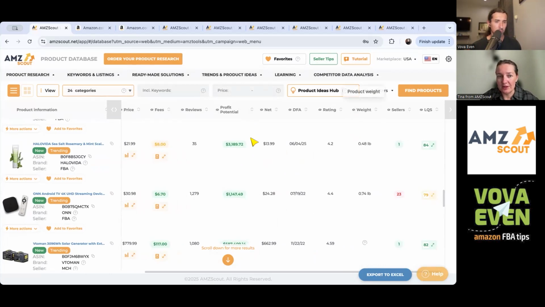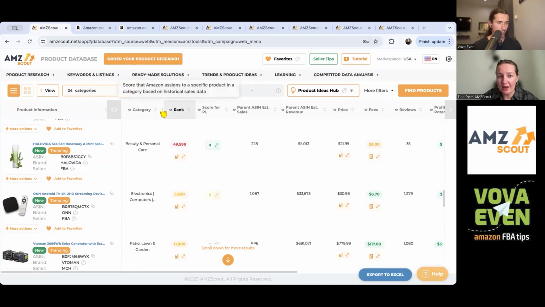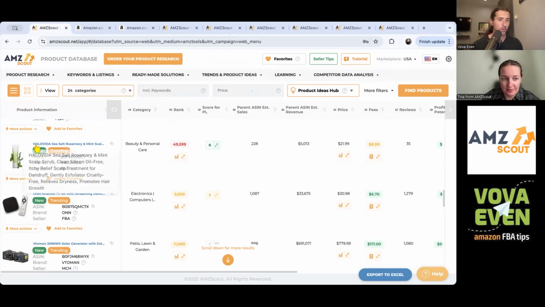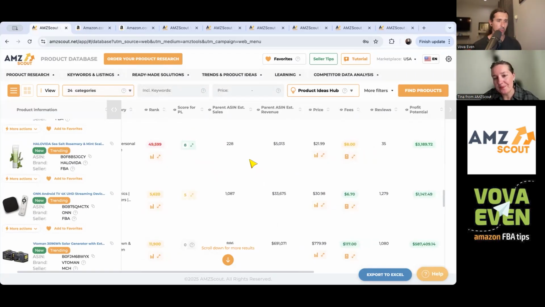You can find the rank, category, score for private label, and permanent ASIN sales, which means the total of the sales for all the variations of this product. So if there are other variations, that's the total, per month, yes. If you're interested in a particular variation, for example, someone sells a black t-shirt and a white t-shirt, and in total they have like 500 sales,